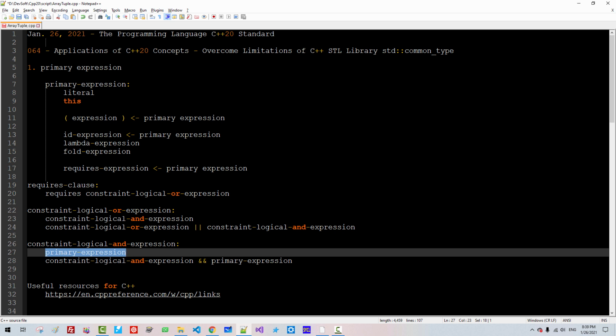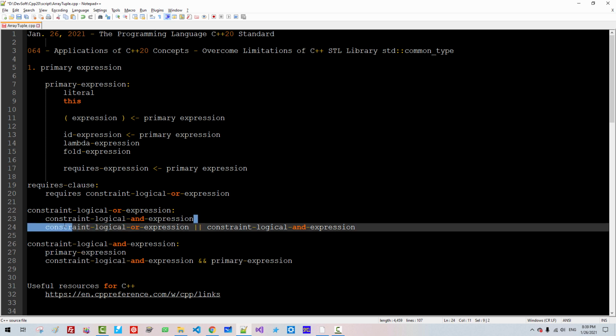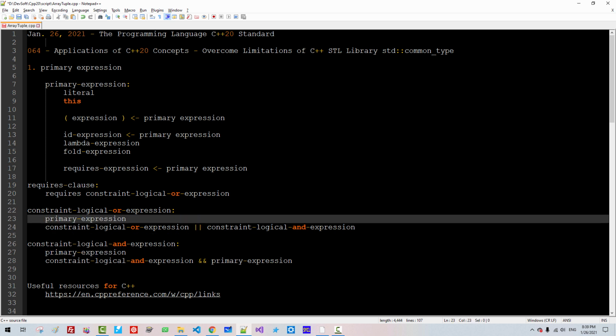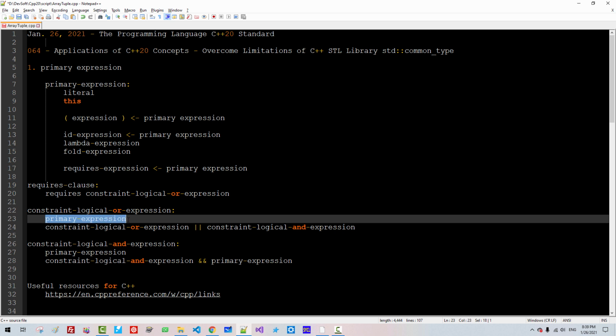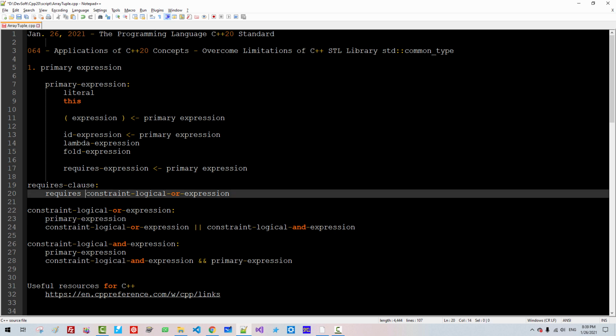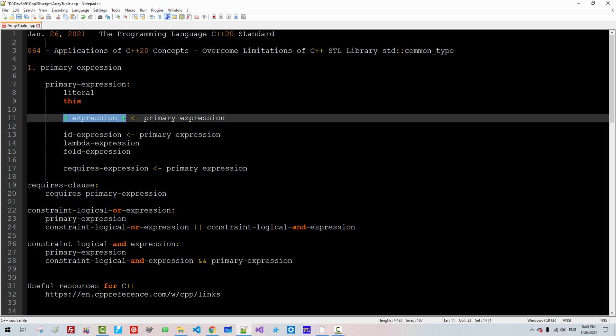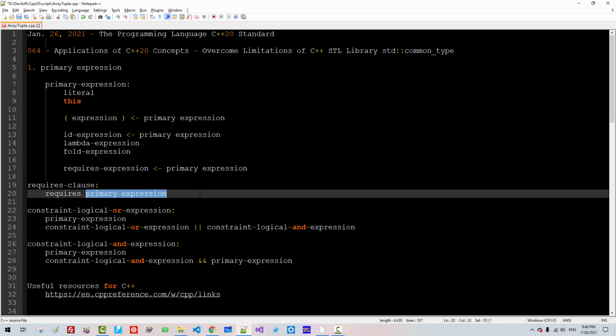So copy, paste it here. A constraint-logical-or-expression is a primary expression. Copy, paste it here. A primary expression can be an expression enclosed in parentheses. So copy this, paste it here.